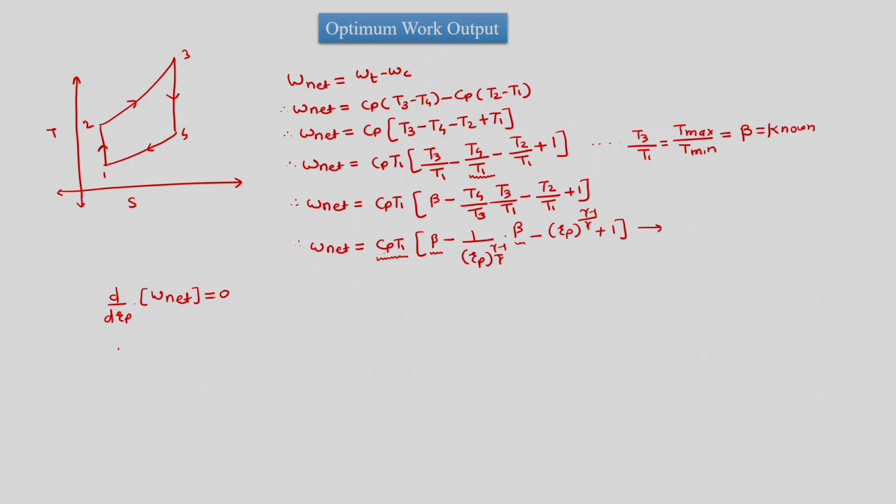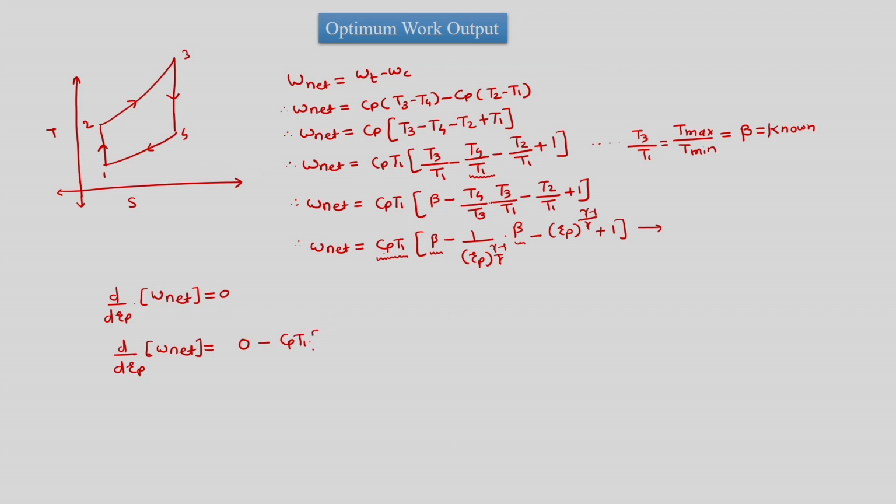So from this we get d by dRp of W net; let us differentiate this expression. The first term will be 0 since everything is constant, and then for the second term we will get